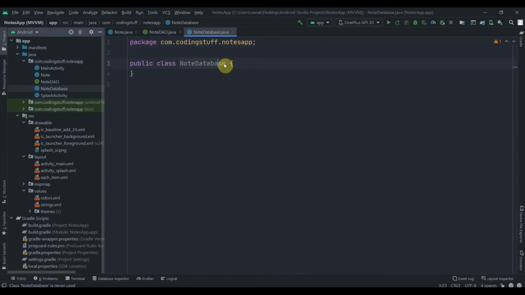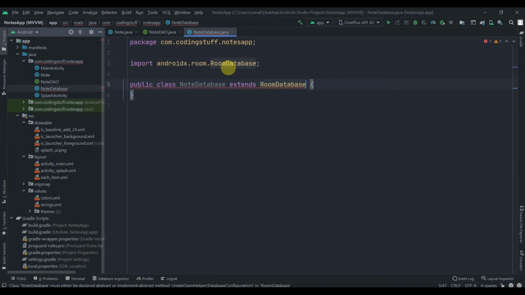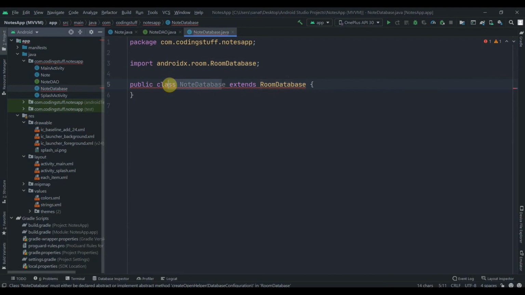And this class will extend RoomDatabase. So as you can see, there is an error. This is because this NoteDatabase class should be abstract, or it should be an interface. So just before this class we'll write abstract, and this will be happy.